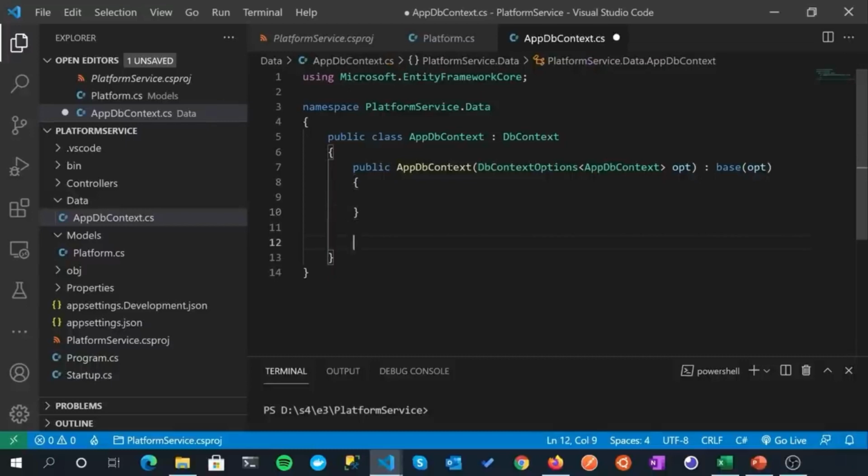And then most important, well, it's as important, we need to define a database set, or a DbSet, which relates to our model. So that's really what's telling our DB context